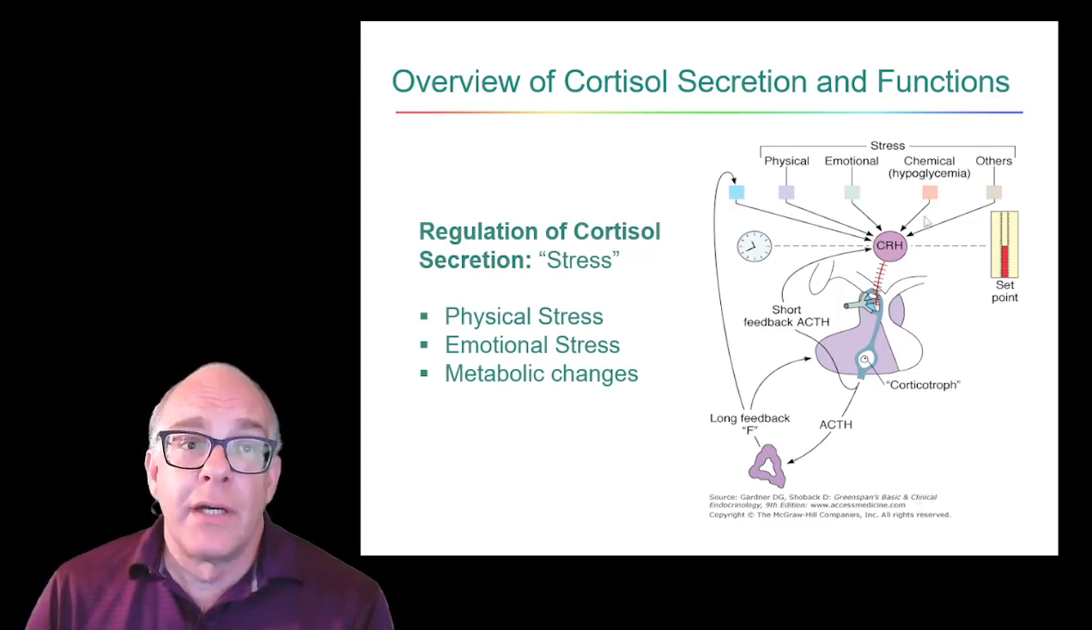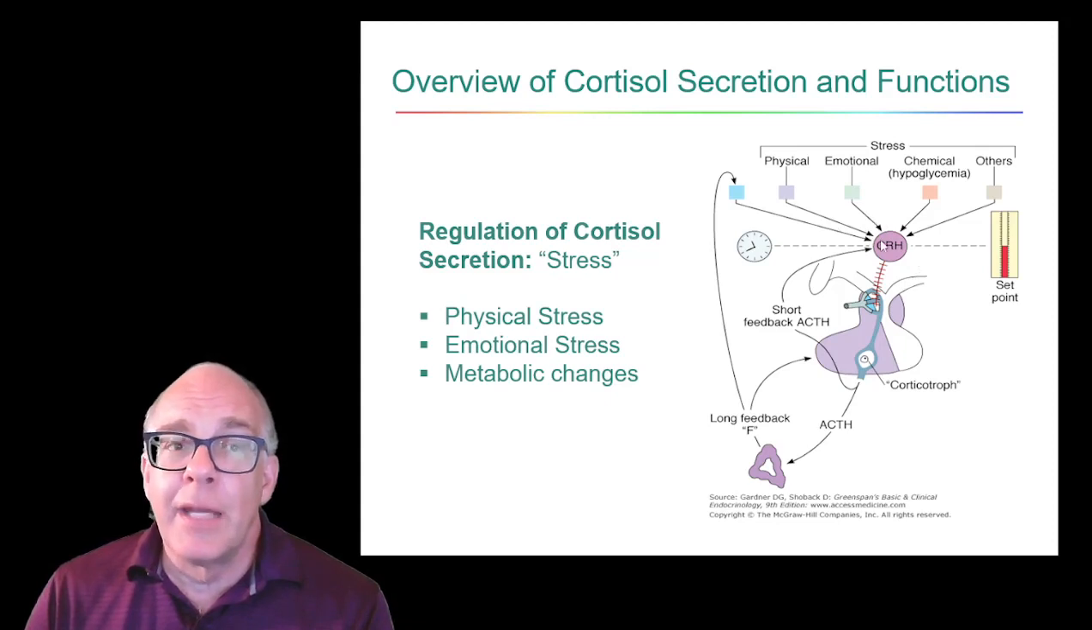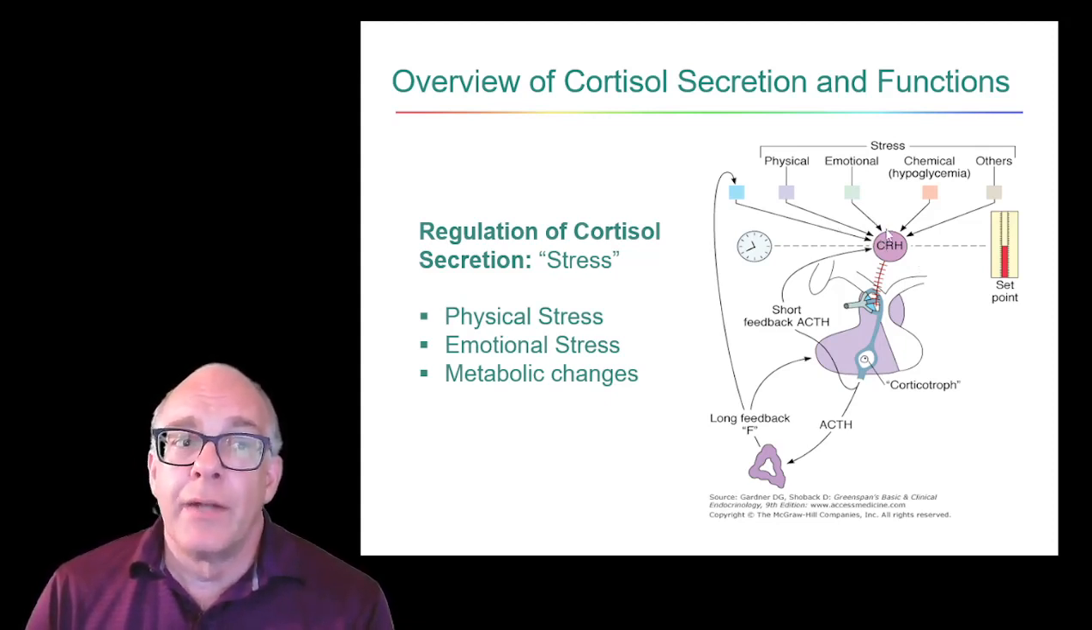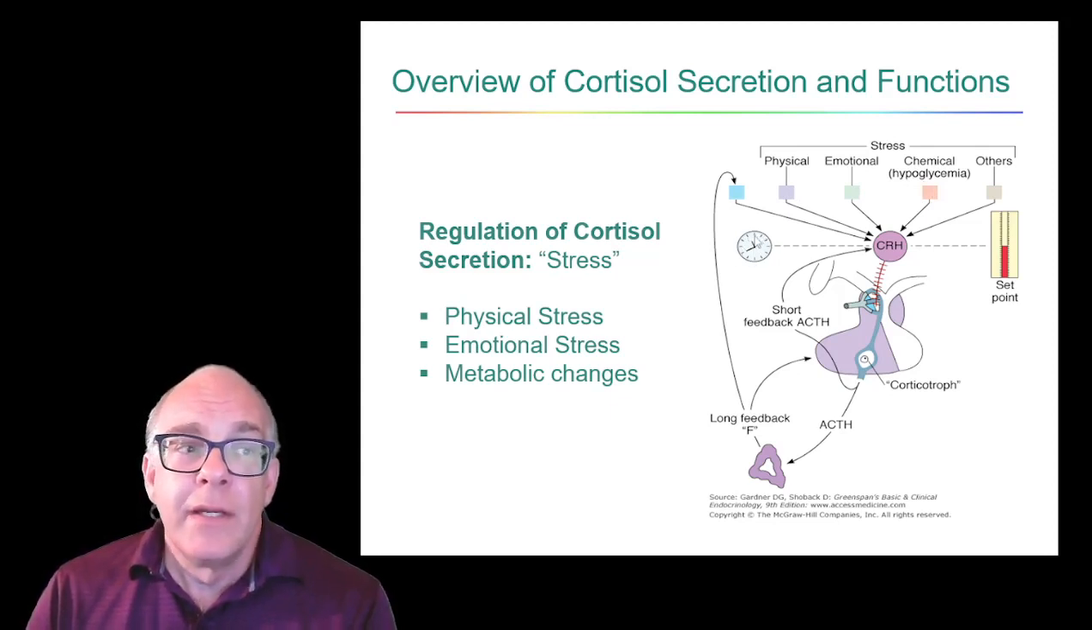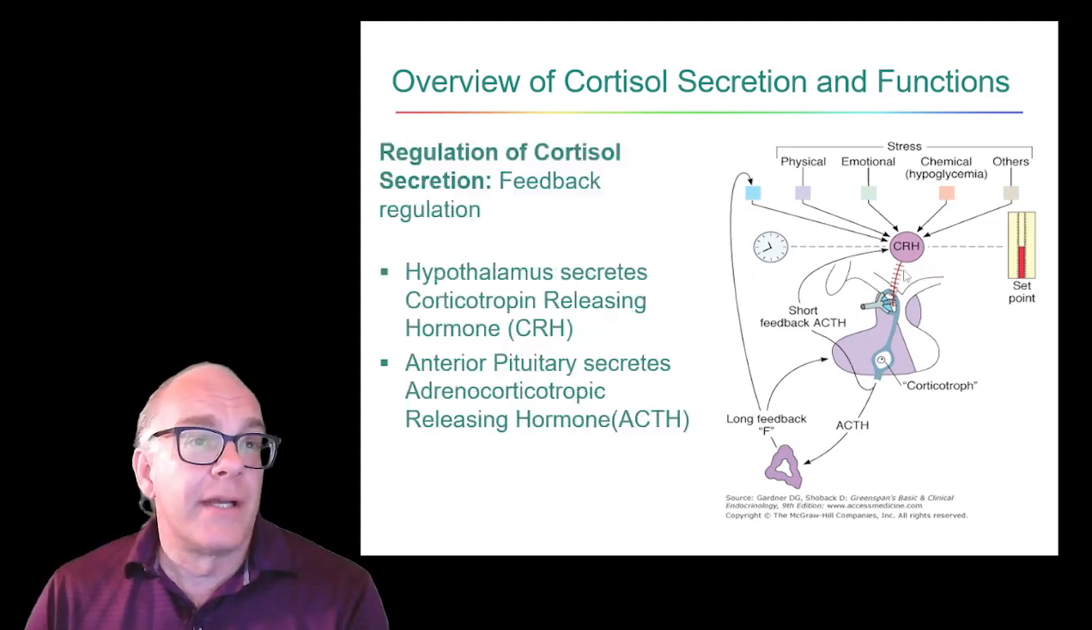What we can see in this slide indicates the control mechanism for the release of cortisol. We've got the hypothalamus setting up here, and cells within the hypothalamus are sensing what goes on within the body. Like I said, it could be physical stress, emotional stress, metabolic changes like hypoglycemia, as well as the circadian rhythm contributing to that. So we're going to have cells within the hypothalamus that are involved,